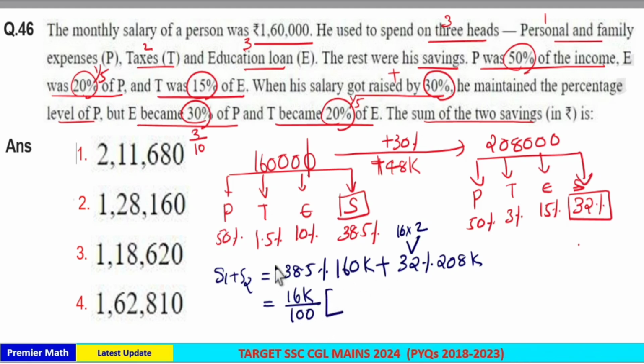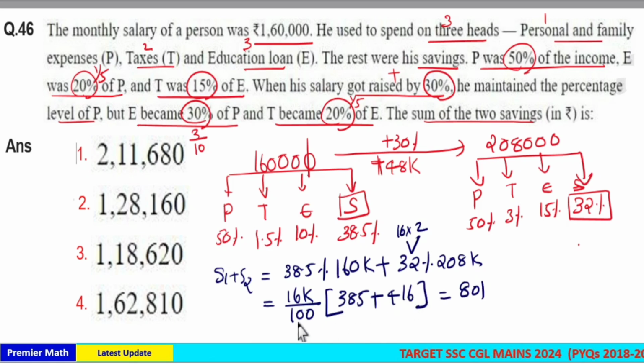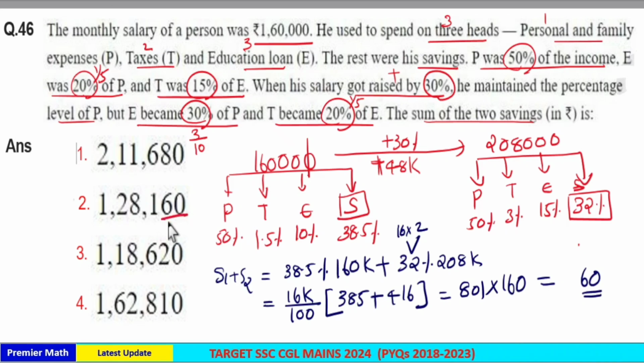Now remaining is equal to 38.5 into 10 is 385. And here 2 into 208 is equal to 416. So this will become 400 plus 300, 700, 700 plus 100, 800. So 801. 801 into 16k by 100 means 160. Now here 0 at the end. 1 into 6 will give you 6. So 60 at the end. If you look at the options, here we have 60 at the end. So option 2 is your answer. That is